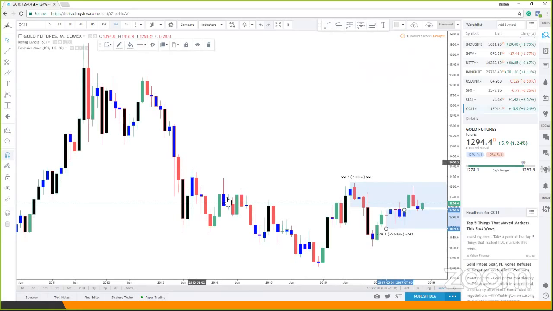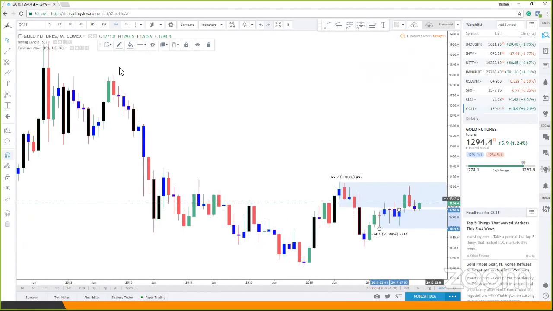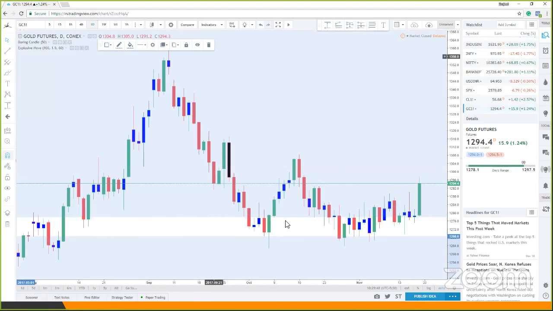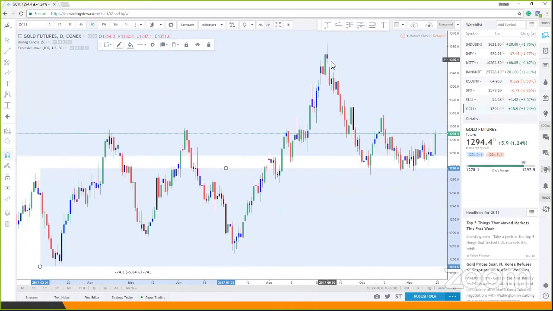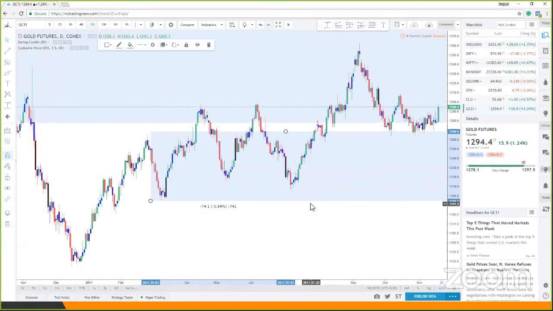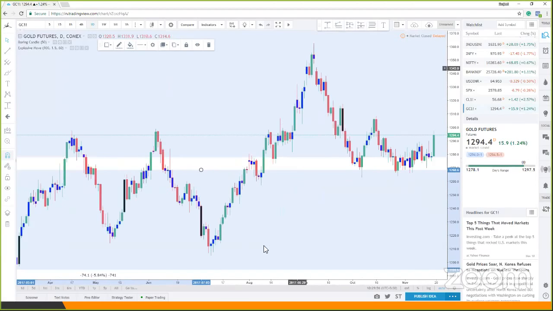Now, coming back, gold can remain range bound for quite some time. That is what the chart is showing us. Once the supply or demand gets violated, that is where we can expect moves to the upside or downside, only after the violation. But as of now, if it goes higher in the range, you can look for shorting opportunities, and if it goes lower in the range, you can look for long opportunities. But expect it to be range bound.